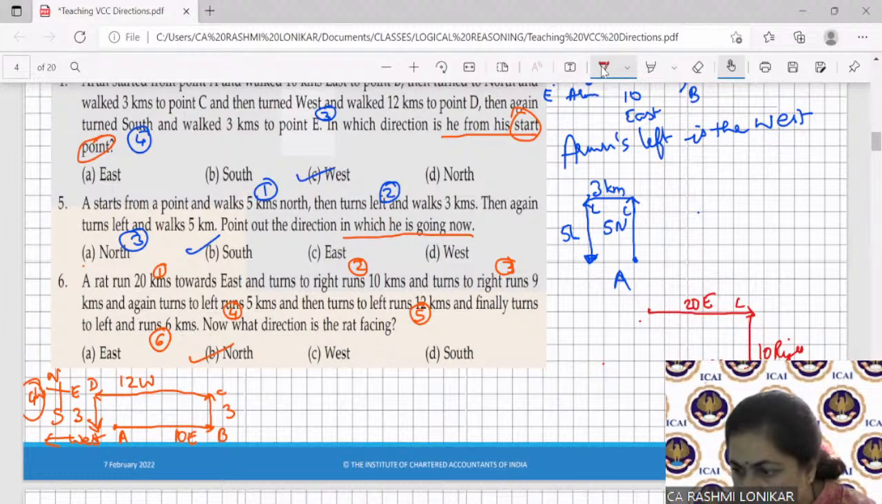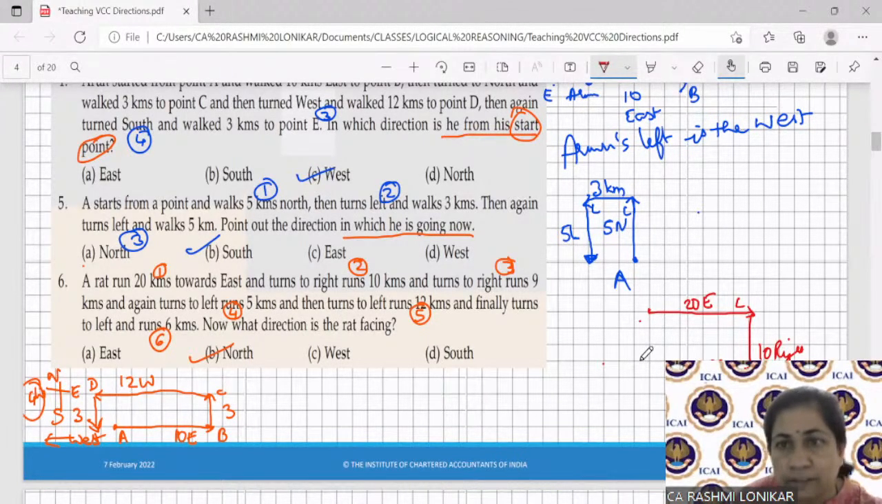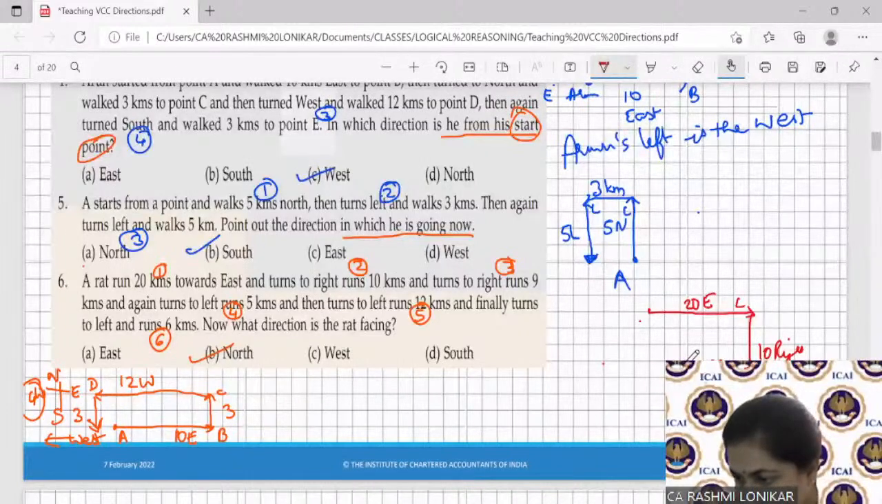9 kilometers to the right. Then again, once he's here, which direction is left? This is his left direction. Again he turns left. So the fourth is what? He turns left and runs 5 kilometers. So this is 5 kilometers to the left, and he runs 12 kilometers, and finally